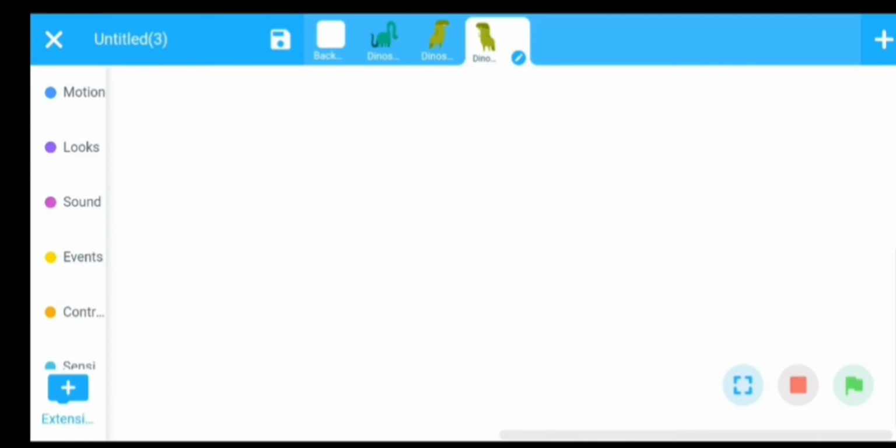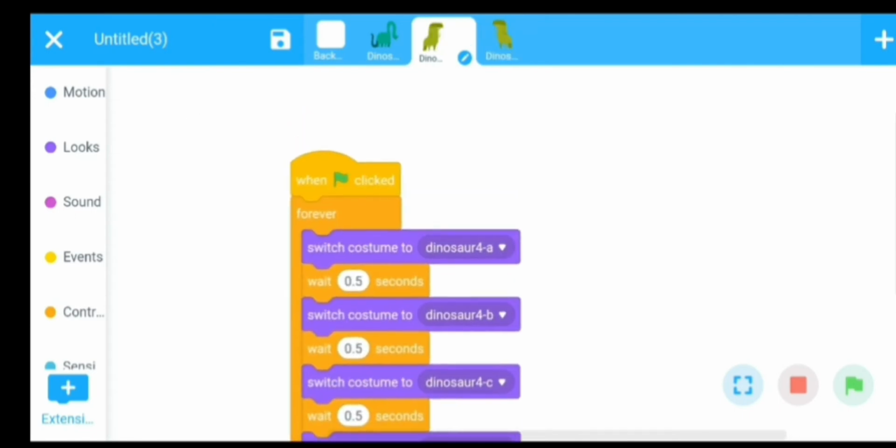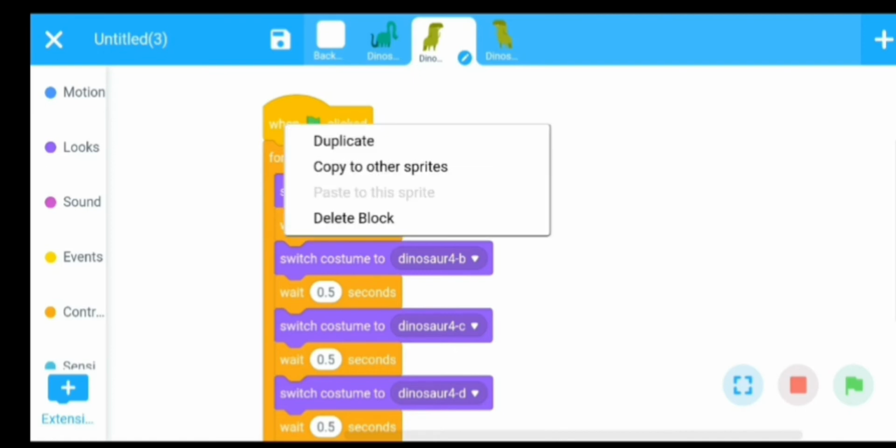Now start programming. Same program that I have done for this, I will copy this program by touching the screen near the green flag. Click the window. This window should open automatically.